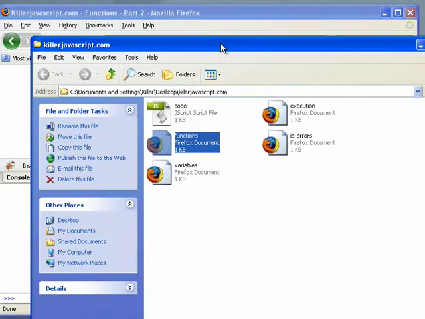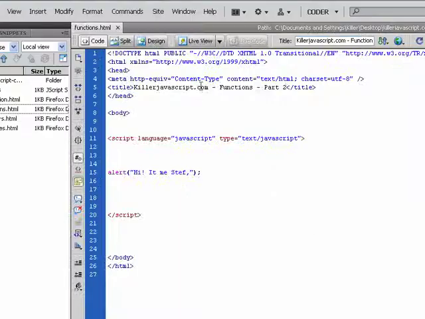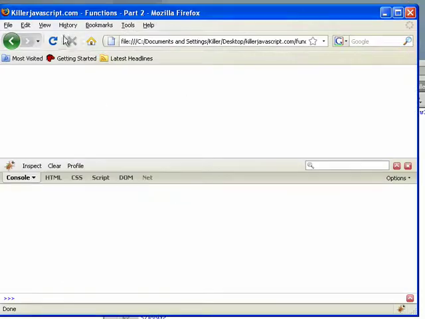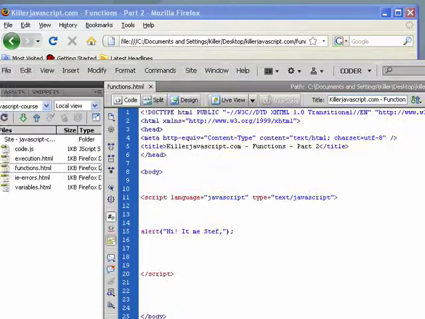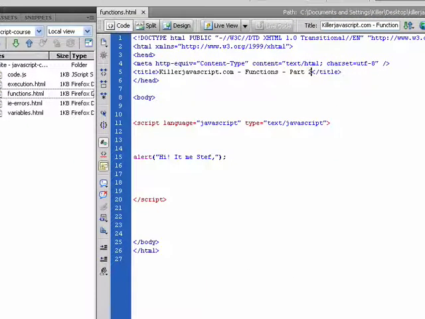So let's pop open this page. So we have our alert. Hi, it's me, Steph. So let's just look at that in Firebug again. I'll relaunch. We have our alert. Hi, it's me, Steph. So alerts work when you want to see the output of functions and so on, but